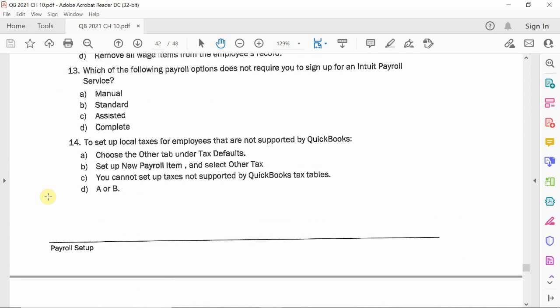I didn't talk about this, but it should be one of the sections when you do your reading, about setting up that tax itself under what taxes or benefits that you have. So local taxes, once again, are not a standard tax, right? Because not every city, county, or local agency will have a special tax. So you do have to locate it under other tax. So again, you would know this answer by reading. Right? All right,